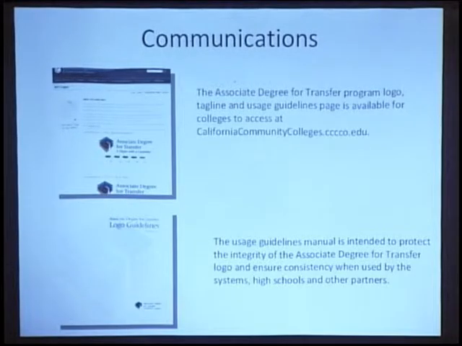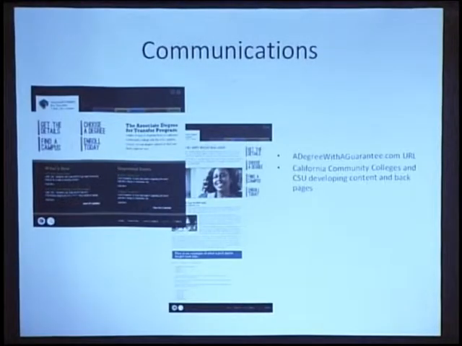And all of our communications and marketing will be driving users to a website. This is the go-to website for students who are interested in the degree for transfer program. It has a URL of adegreewithaguarantee.com.